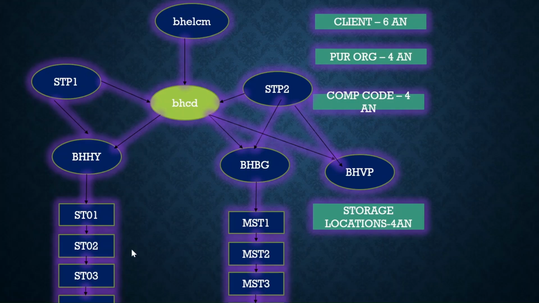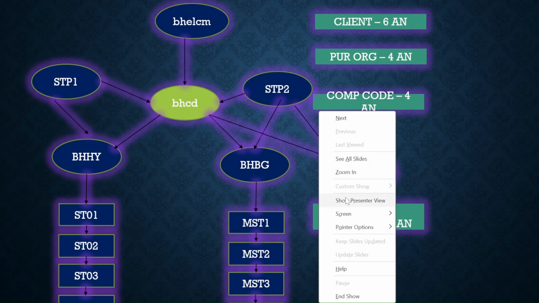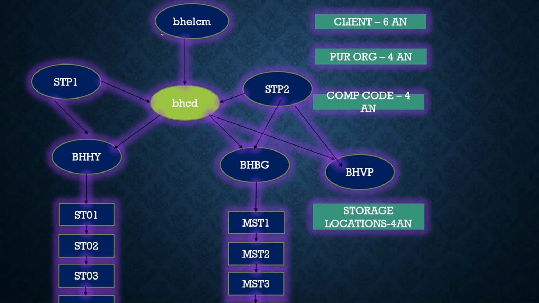Yeah. So this is a design, like we have designed that. So here you can see this is a client. Under that, this is a company code. Only one company code is there for this client. And these are the plants. I will explain that in detail tomorrow, but here I'm only showing what is there. So these are storage locations. Under this plant, 4 storage locations. Under this plant, 4 storage locations. Under this plant, 4 storage locations.